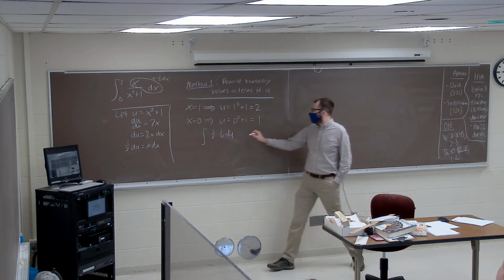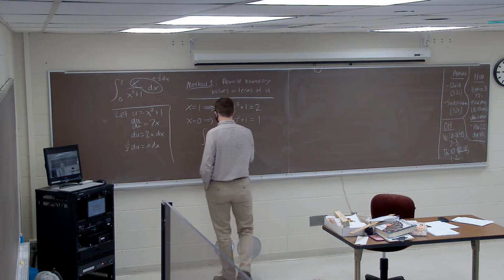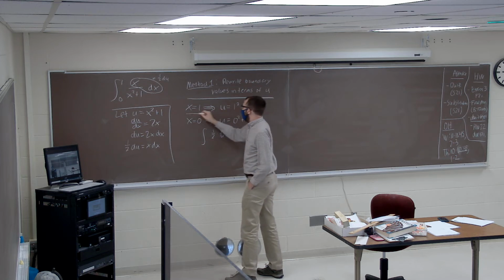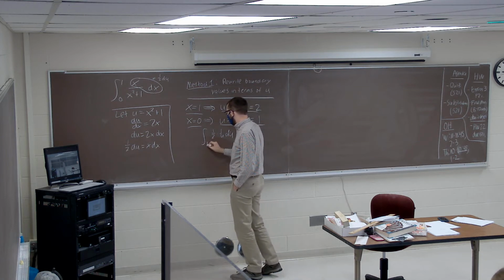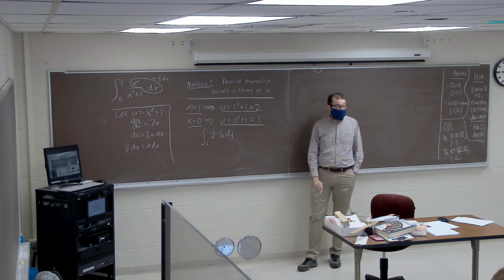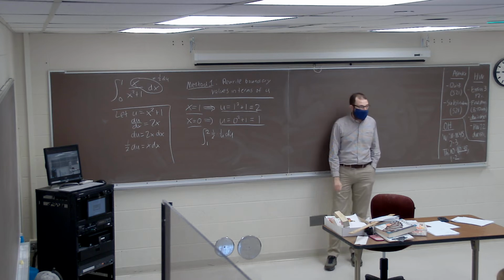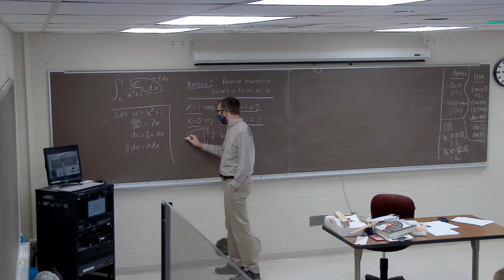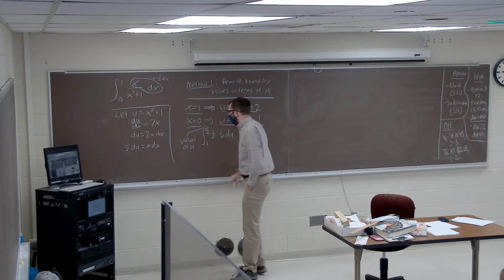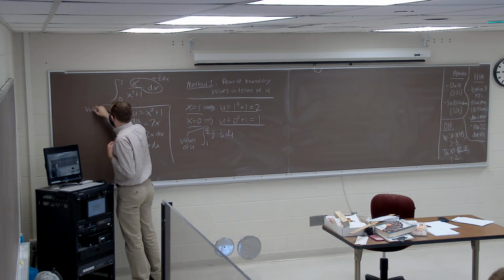Except instead of plugging in 0 and 1 as our boundary values, we're going to plug in the u values that we found instead. So in place of x equals 0, we're going to plug in u equals 1. And instead of x equals 1, we can plug in our u value at that point of 2. And just to be clear, the 1 and the 2 are going to be values of u here, whereas the 0 and the 1 back here are values of x instead.